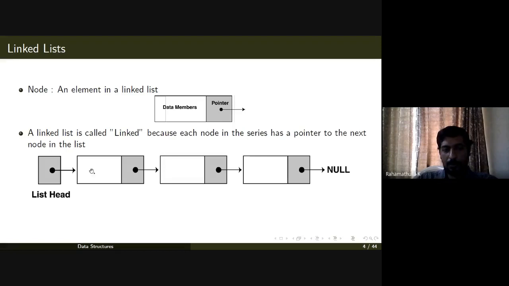So student list dot one will be your first entry, dot two will be your second entry, and so on. So a linked list is a series of pointers like this. There will be an initial pointer which is your name, which points to the first node. Then the first node will be pointing to the second node, and the second node has a pointer pointing to the third node, and the last node will be pointing to a null pointer, which is an address equal to 0.